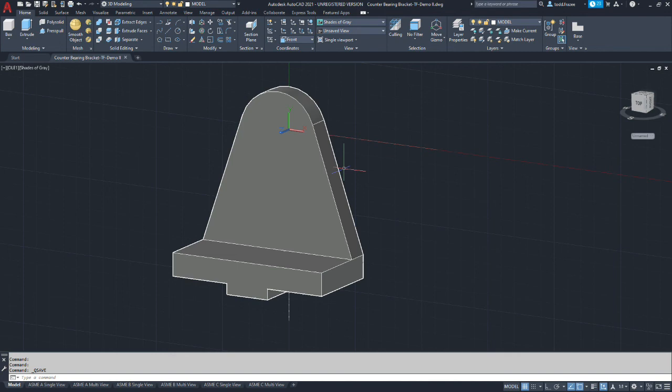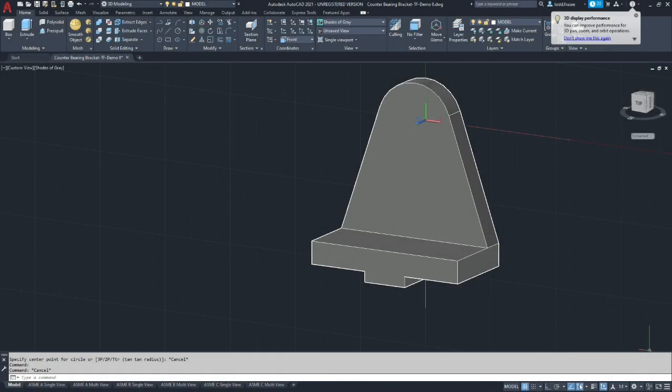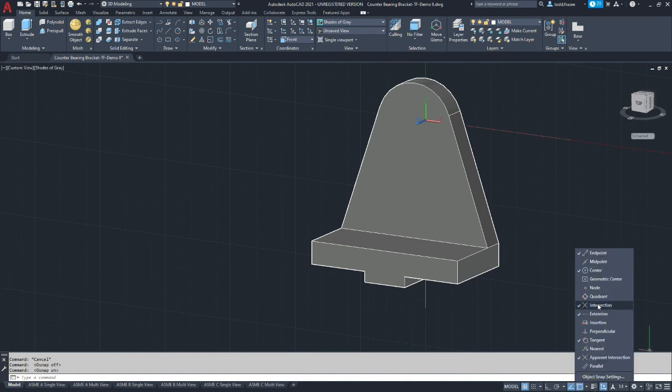Okay, the next feature we're going to create is the boss that sticks out here. Let's make sure that your object snaps are on and you have center enabled.